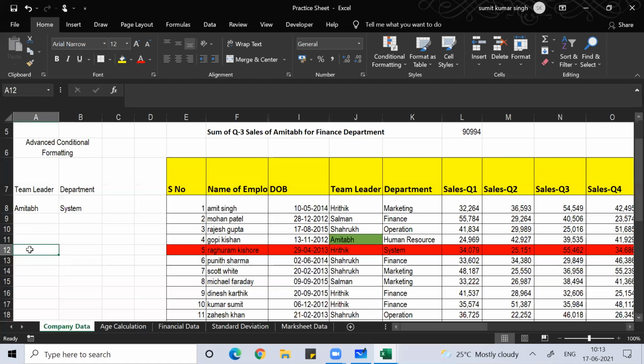If I want to put conditional formatting on team leader name, whichever team leader name we select, the corresponding person's name should get highlighted in the data. That is what I'm looking for.